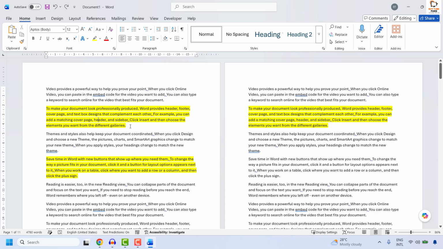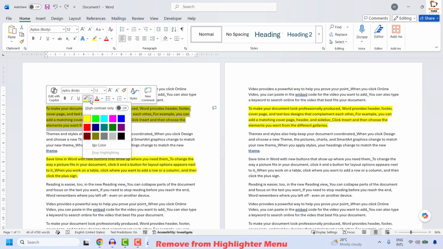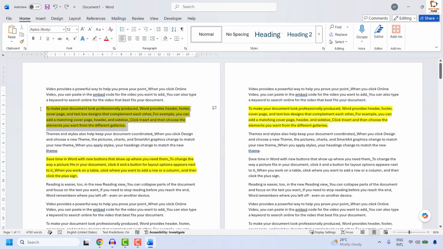The first step is to select the highlighted text in your document. With that, you will have a menu listed here. You will have to choose the text highlight option and then choose no color. This is one way. In case you're not able to see this menu, what you could do is